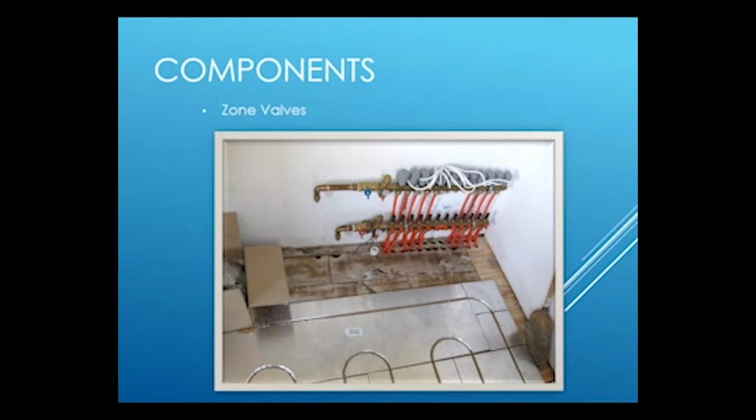Typically, we have three different types of valves. The first type of valve is a two-wire power to open, which means the stat will only provide power to the valve on heating demand. The second type is a two-wire power to close. This means that the valves will be open when there is no power. In the case of a power outage, we would have circulation throughout the zones. However, this also means that we have to constantly feed power to the zone valves anytime that there is not